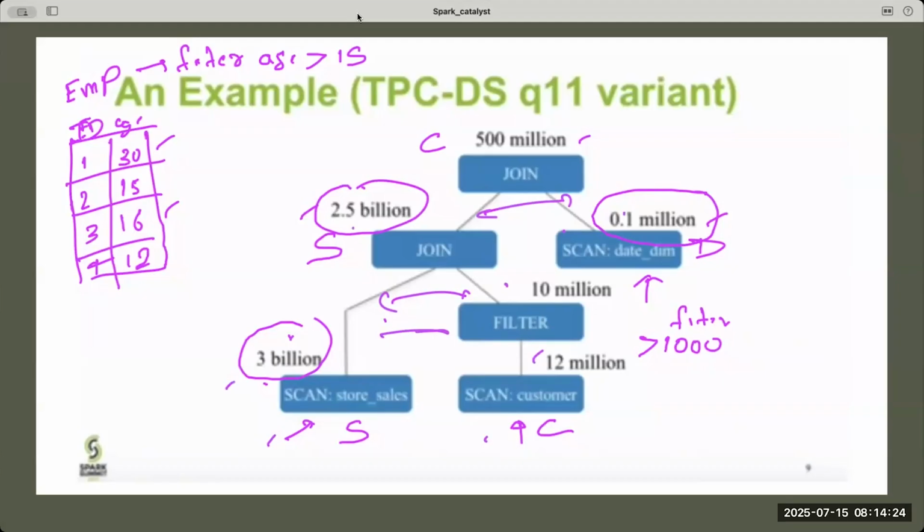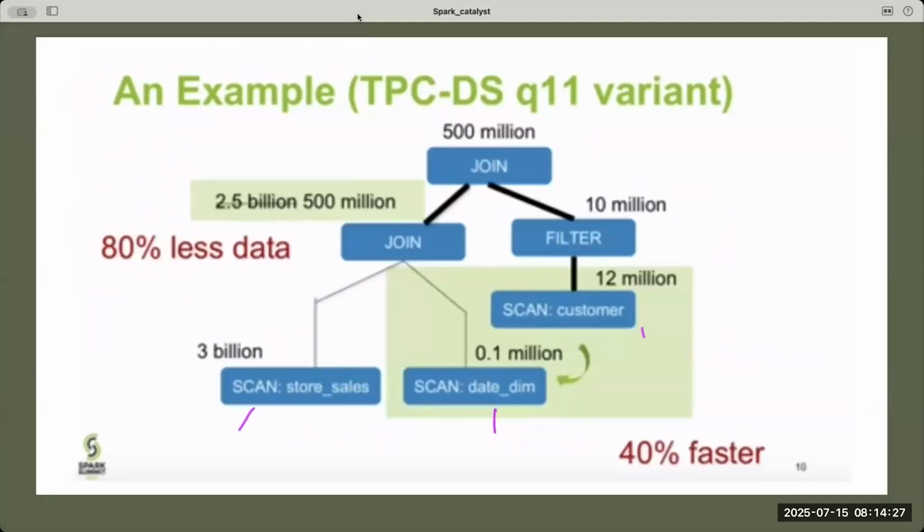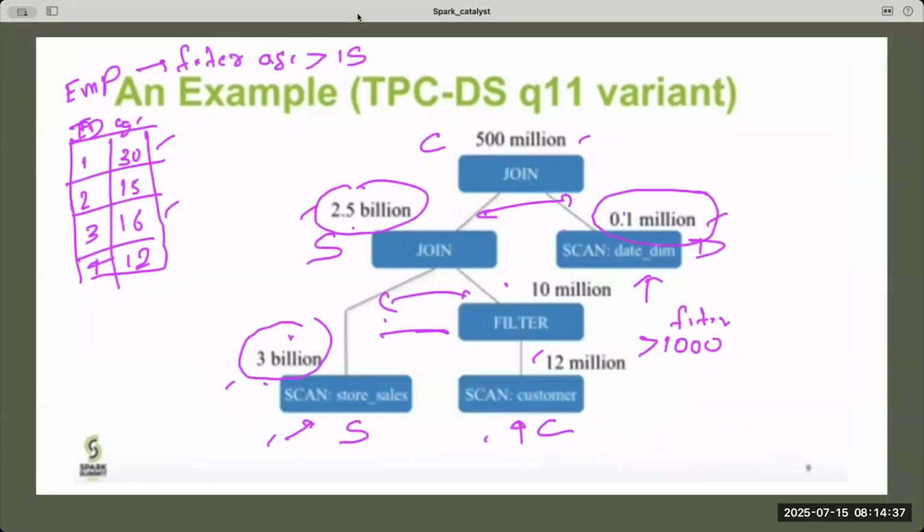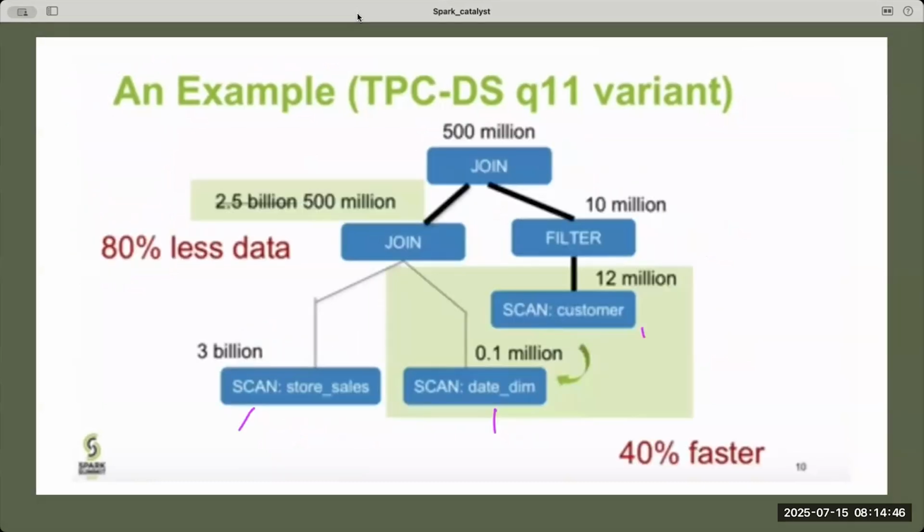Now look at this. Can you tell me what is the difference between there and here? First scanning, then joining. 0.1 million. But see the difference in the joining. What we are doing here, first we are joining store sale and the customers, right? And what we are doing here, store sale and scanning date